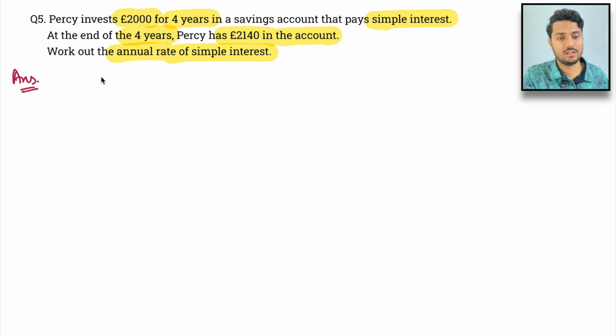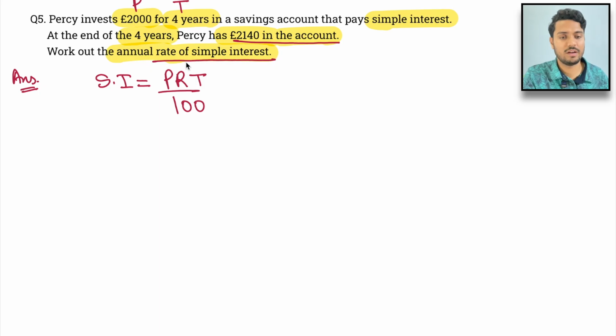We have to find the annual rate of simple interest. Simple interest is P into R into T upon 100. Prissy has this much in her account. This is the principal amount. This is the time period. And they're asking us to work out the annual rate of simple interest. We have to find R, but we don't have